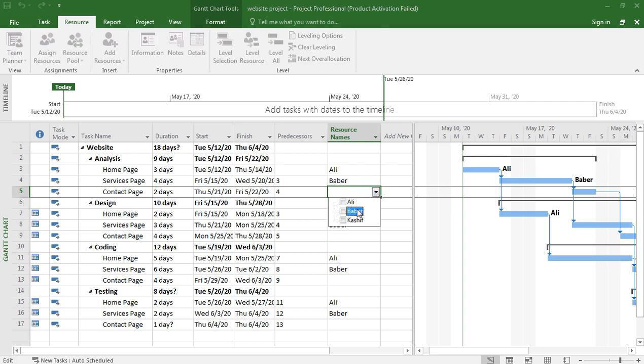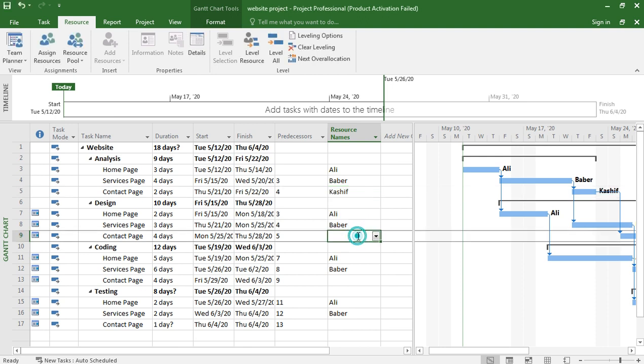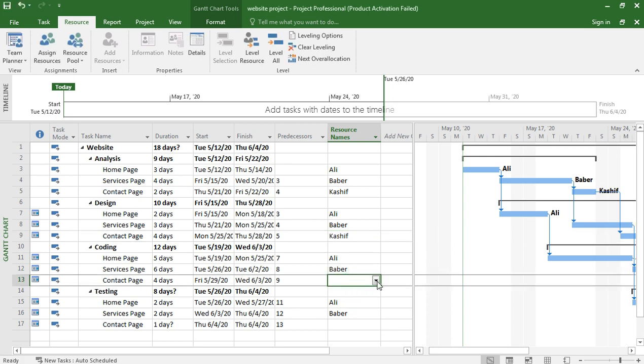Now for the contact page, select Kashif. Kashif will analyze the contact page, design the contact page, and code the contact page.